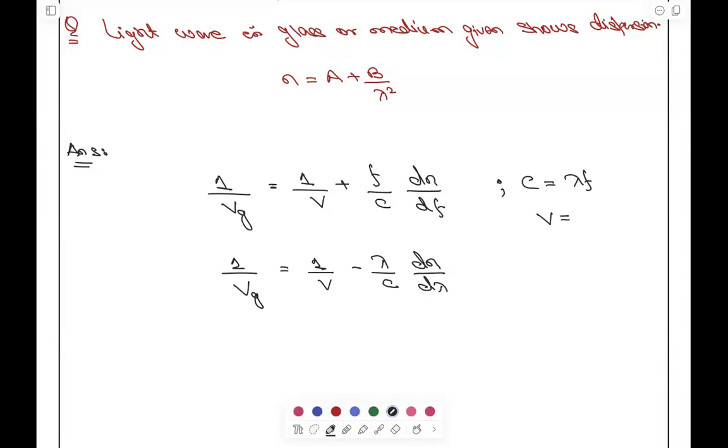V is equals to c by n. From here, n is equals to c by v. What is c? Lambda f by v. Put it here. Have you got this one? यस सर। ठीक है।